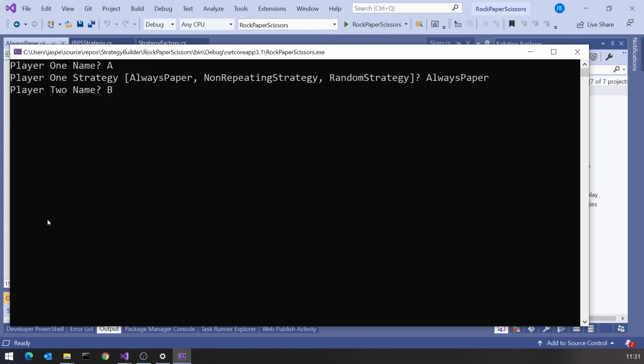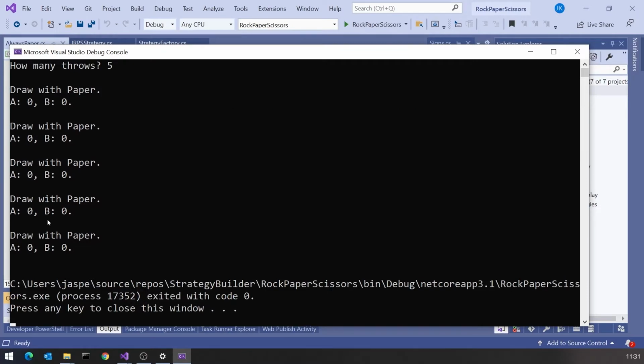Let's just give that to both players. And they're just always getting paper. So it's not a particularly clever strategy. But if that had been a more complex strategy, then in order to develop it in the way I've just shown you, I would require 2 separate sets of skills. I'd require the skills of understanding the gameplay of rock, paper, scissors, but I'd also need to be a C# programmer to put that together.